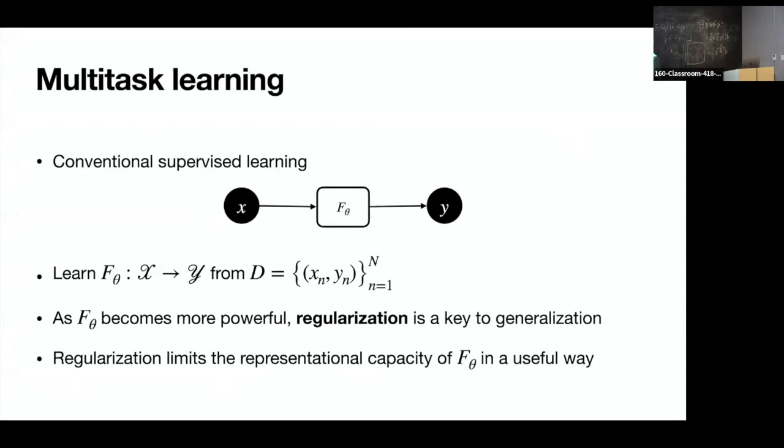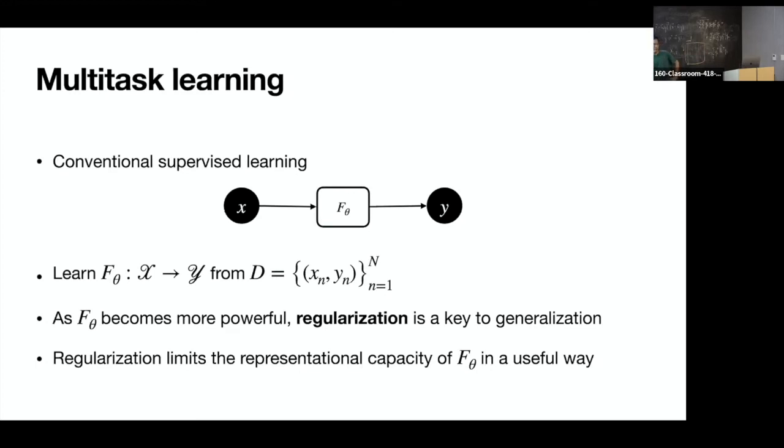So we're going to have some data set that has been collected either manually, experimentally, or in some kind of synthetic process, let's say simulation. And then we use the data to induce this supervised learner f of theta. And in conventional supervised learning, perhaps unsurprisingly, as we make this supervised learner more and more powerful, it all comes